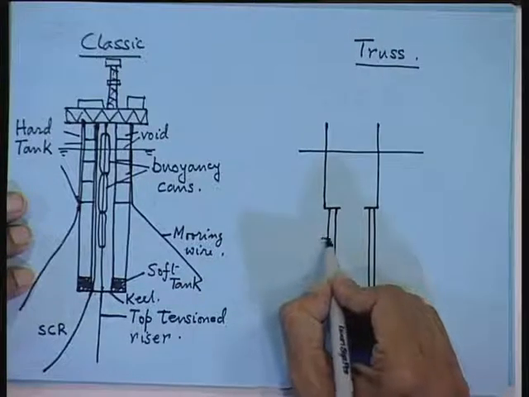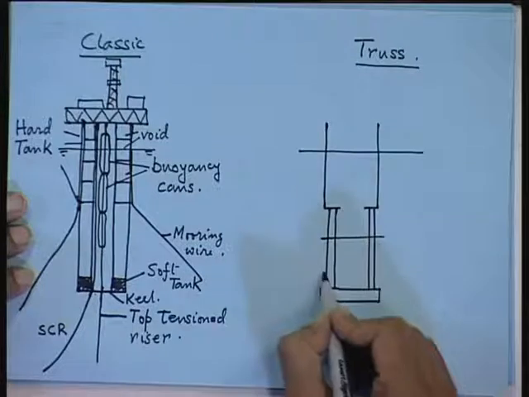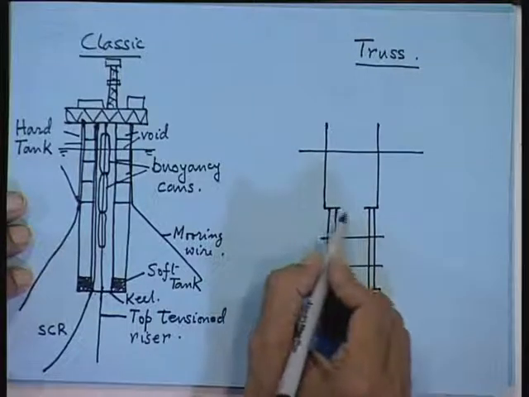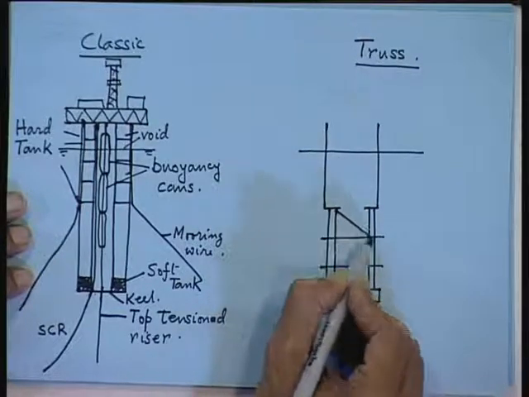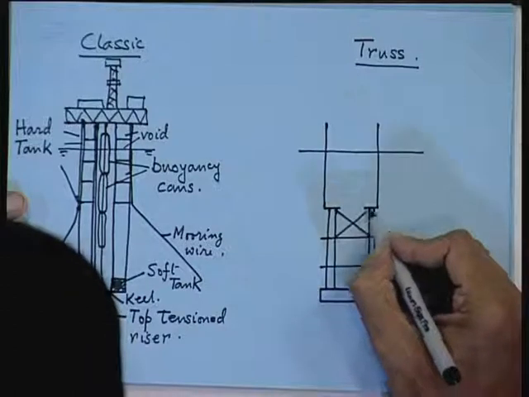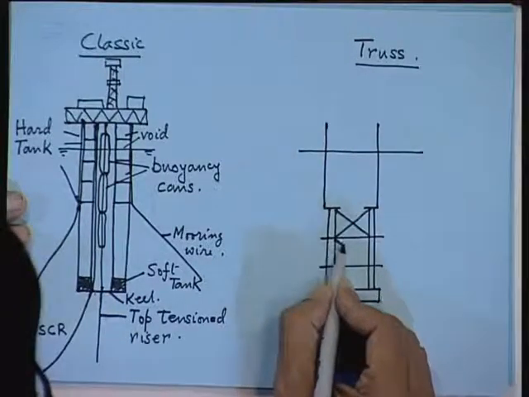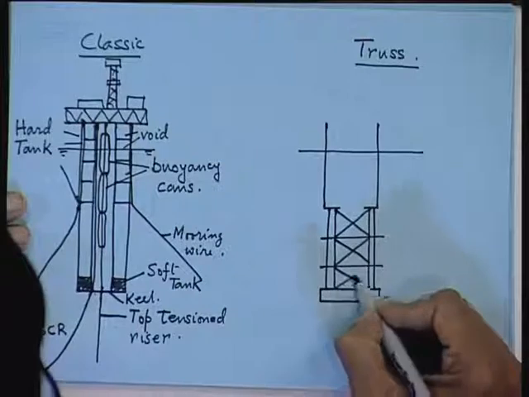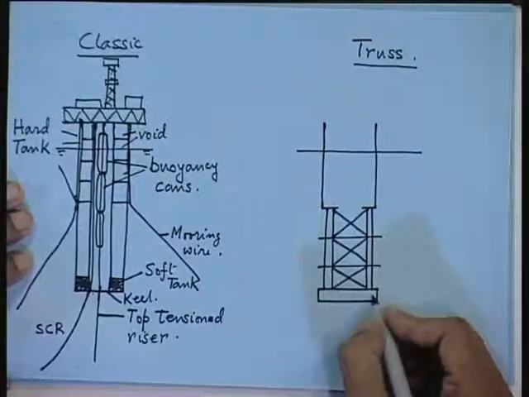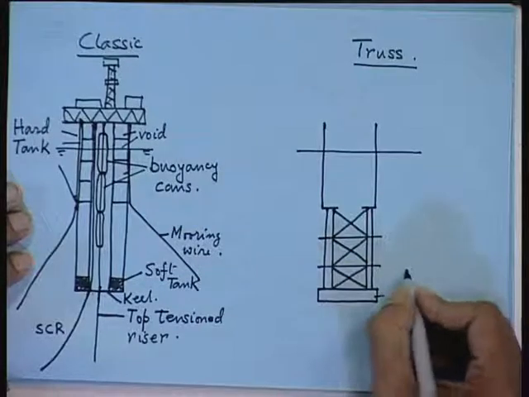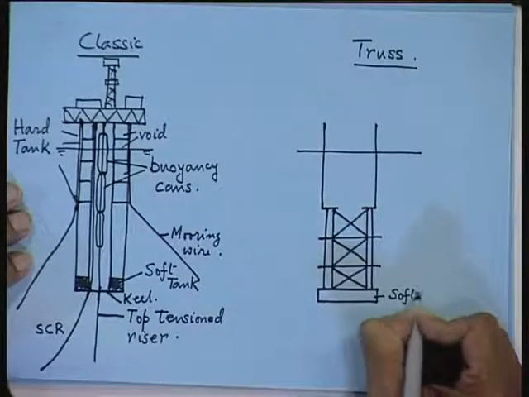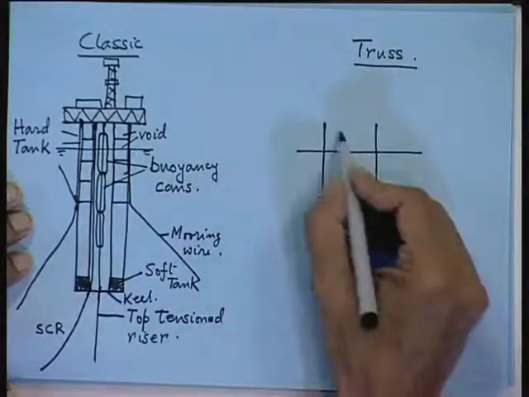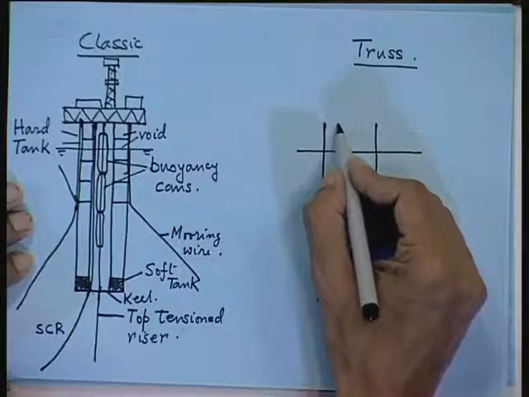But in between we have a diaphragm wall. Now, this is there to damp your motions, and this portion you can give a truss. So, the truss is essentially open. So, these are the two types of spar you will come across. Now, here actually the structure will be the same as this one. So, you will have your hard tank,